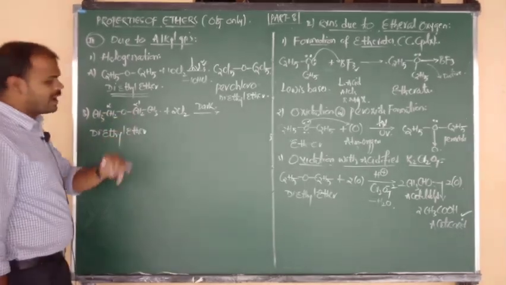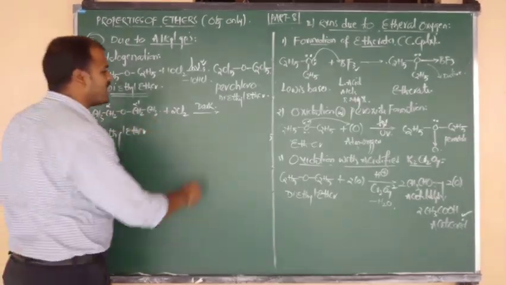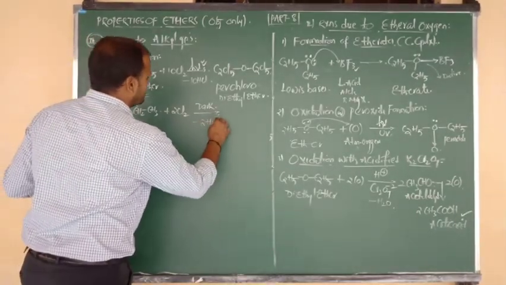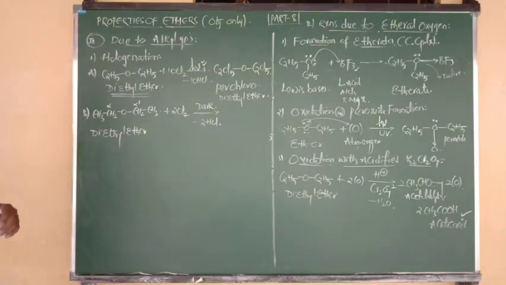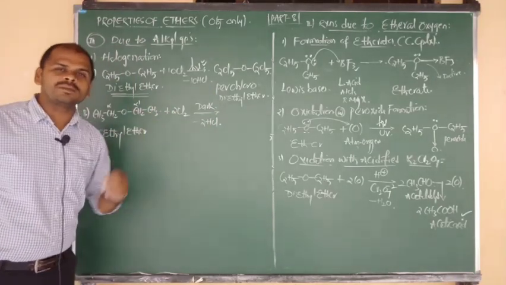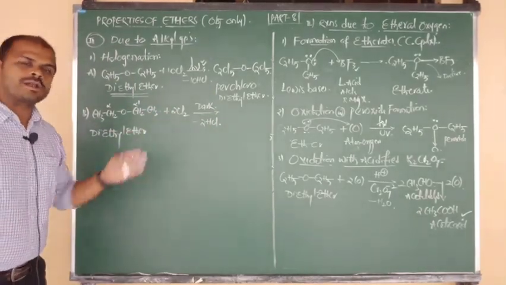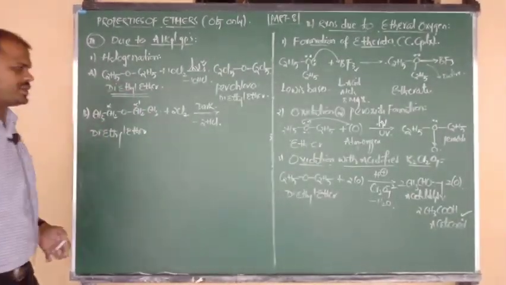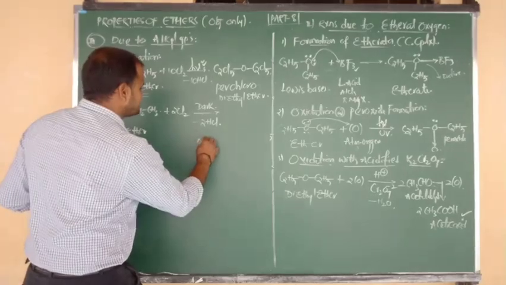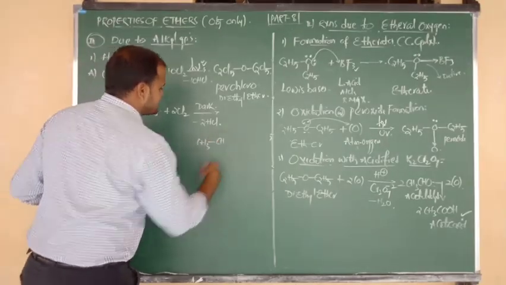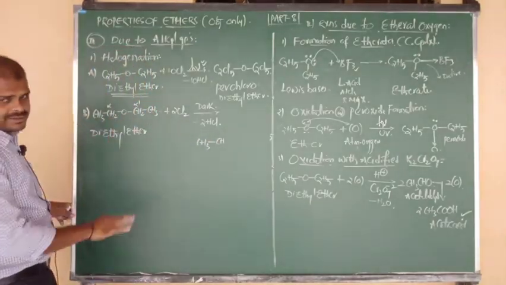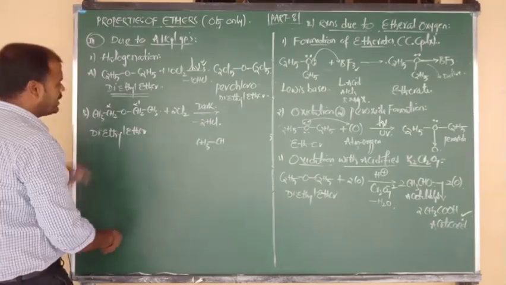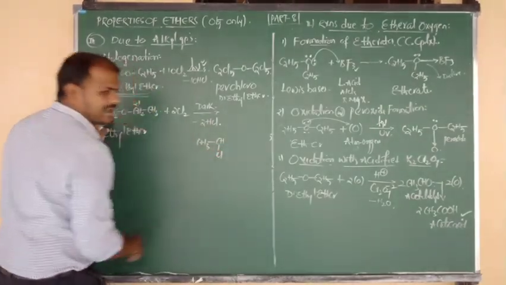Such 2 respective alpha hydrogens combine with Cl and are eliminated in the form of HCl. And how many chlorines remain here, beta? 2 chlorines remain. 1 chlorine attacks the first alpha position, another chlorine attacks the other alpha position. So the expected product is CH3 bond CH. 1 alpha hydrogen was removed in the form of HCl, and that position is occupied by the Cl.